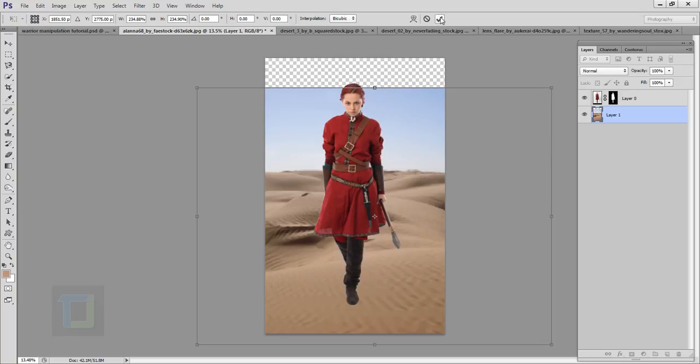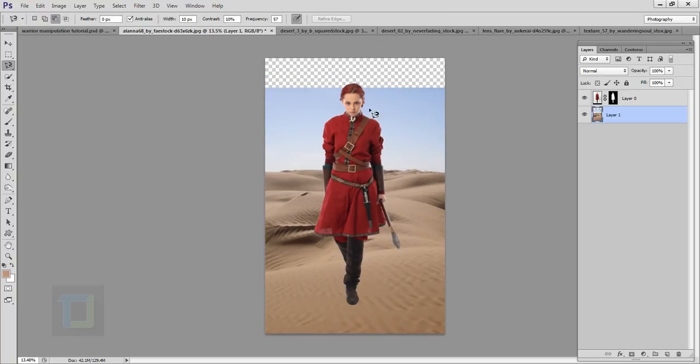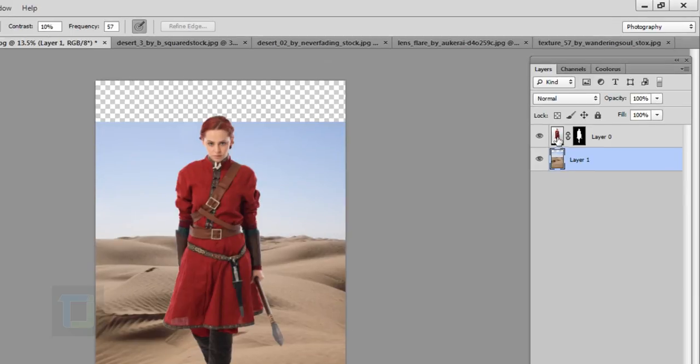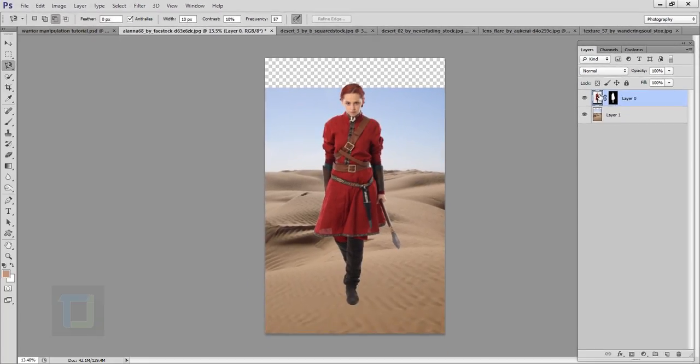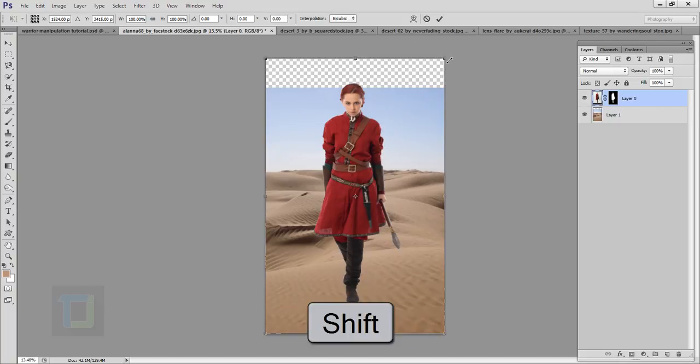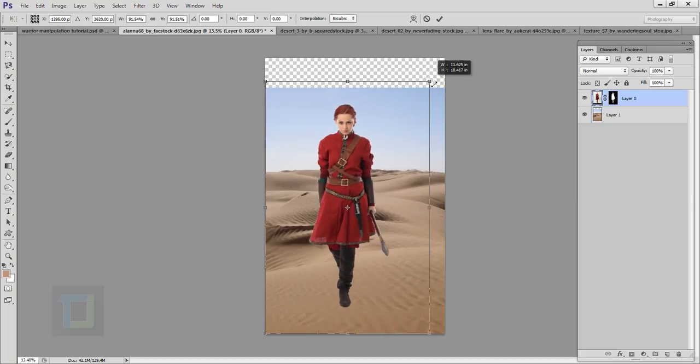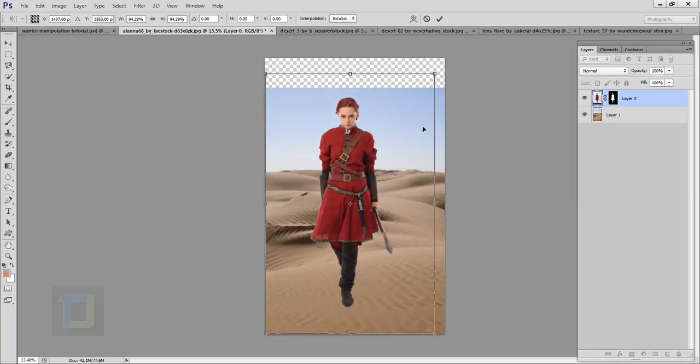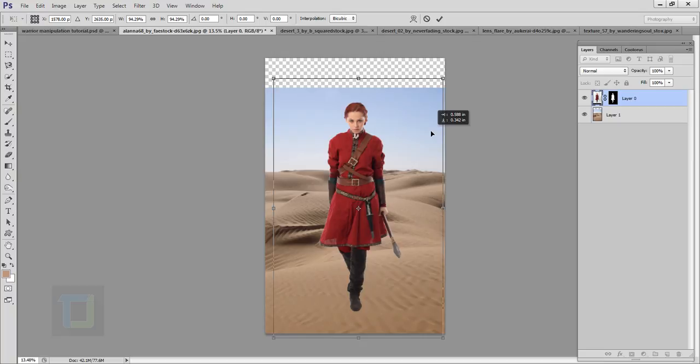Yeah, that seems a really nice proportion right there. Take your time with adjusting stuff, and I will also make the model a bit smaller. When you make the model smaller, make sure you select the model thumbnail and not the mask. Those both are different things. So select your model thumbnail, and then I will press Ctrl T, and then again I will hold my shift key so we don't lose the proportion, and then I will make her a bit smaller, like that, and let's put her here. That looks really nice,